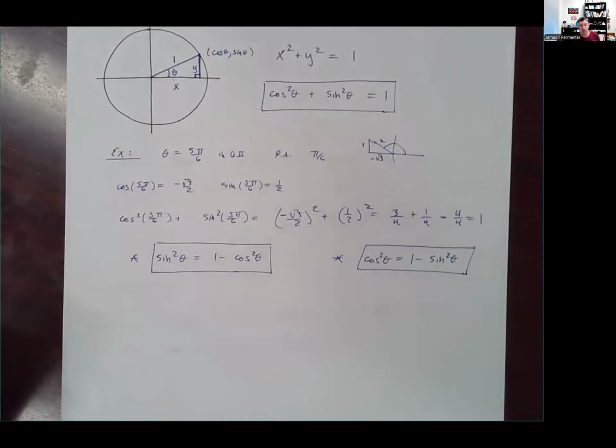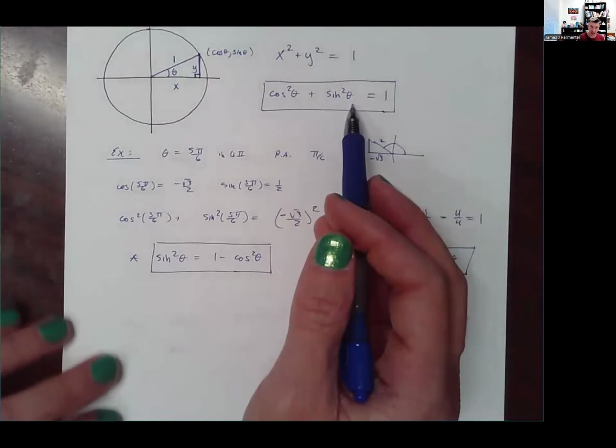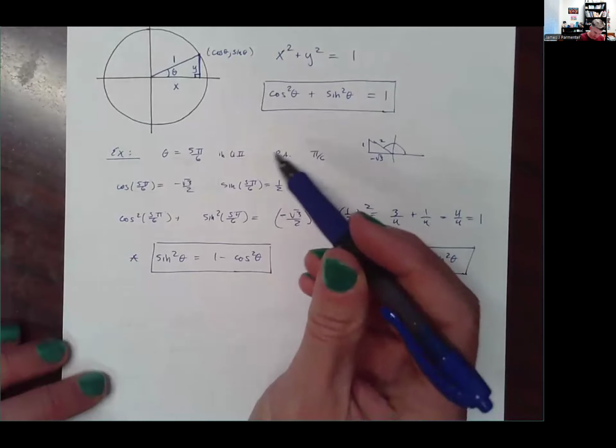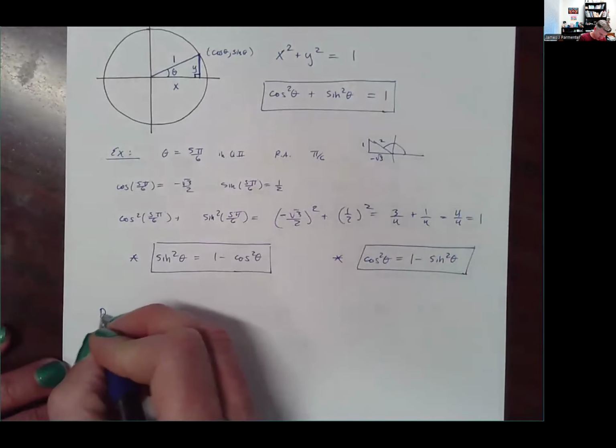There are two other Pythagorean trigonometric identities. They can be found in a couple of different ways. Just trying to think about the best way I would want to show it. Yeah, so typically what we do is we take this first identity and divide each thing by either cosine squared or sine squared. So if we divide by cosine squared,